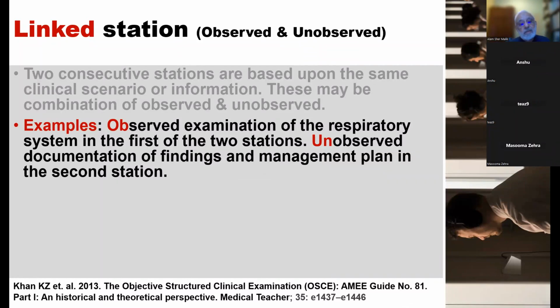On the first station, there is a patient and an examiner, and students examine that patient. When they go to the second station, they are supposed to answer questions related to that